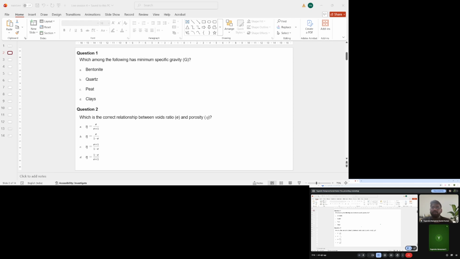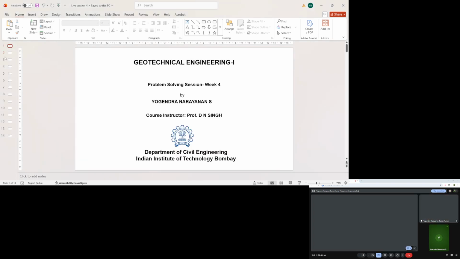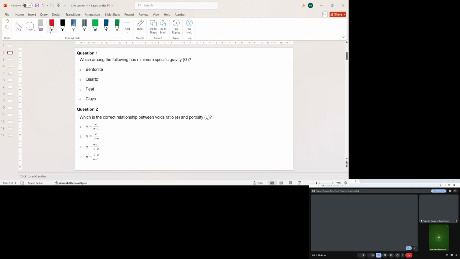Which among the following has a minimum specific gravity? Which among the following type of soils or minerals has minimum specific gravity? Option A bentonite, option B quartz, option C peat, option D clays. Now, to understand this,